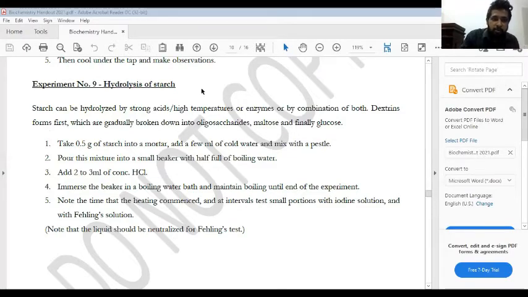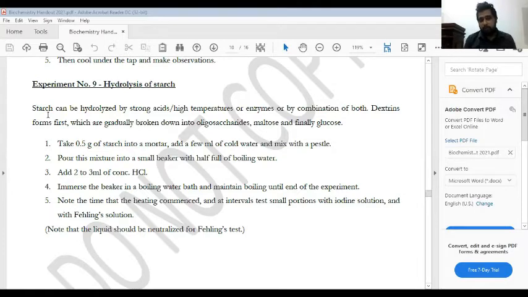When we do hydrolysis of starch, what is the basic building block of starch? I mean, the primary building block of starch? Is it glucose, fructose, or lactose? What is that? Glucose. Yes, glucose. Then the final product of the hydrolysis of starch will be glucose. Okay, then